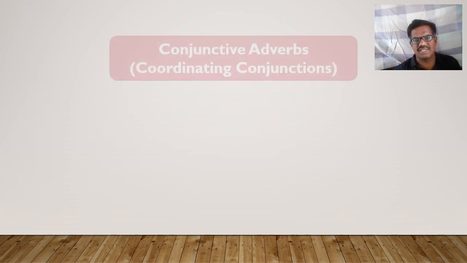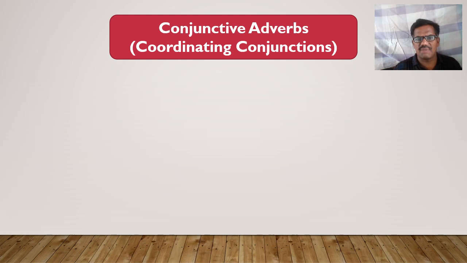Right, now let us see how the conjunctive adverbs can be used for joining the ideas of contrast. Here, one important thing is that these conjunctive adverbs are adverbs in form, but in function, they do the function of coordinating conjunctions. That means they join together two main clauses. That is the reason these conjunctive adverbs are considered to be the coordinating conjunctions in old grammar books, but in new grammar books, they are considered